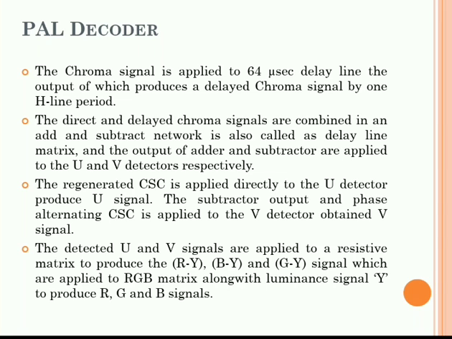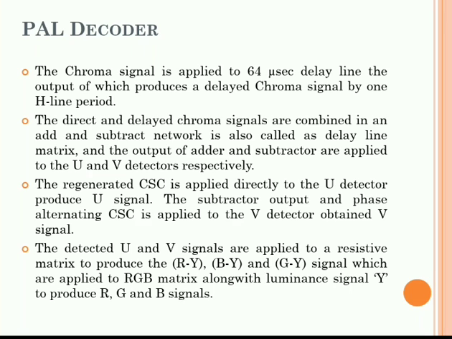Here at the output of the PAL decoder at the receiver side, what is the output? We have R, G and B signal. Ultimately, whatever purpose we had is satisfied. We have transmitted the RGB signal, and we receive the same RGB signal at the output of the PAL decoder at the receiver side. This is nothing but the PAL decoder. Getting the concept of what the PAL encoder and PAL decoder are.